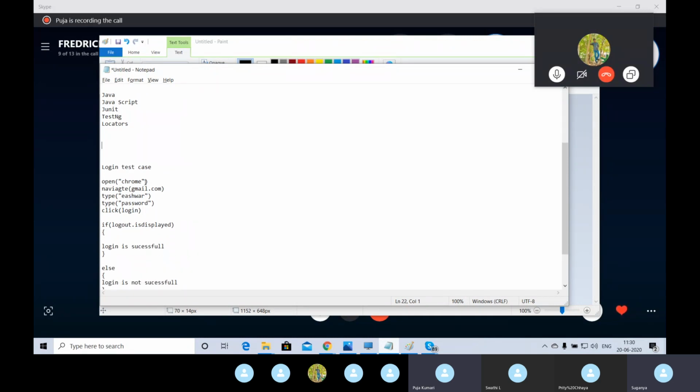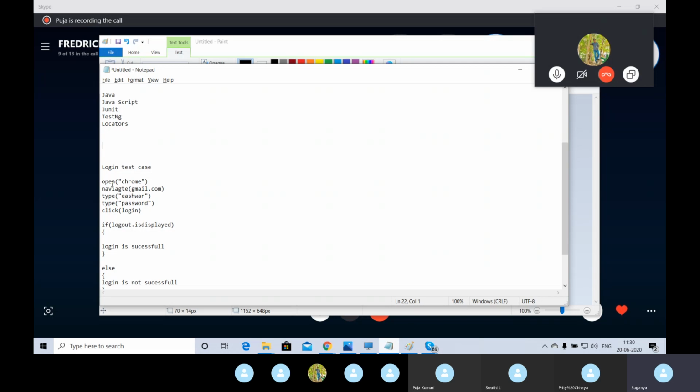Correct. So again, let me consider this test case. I have created a method: open Chrome, navigate to gmail.com, type Ishwar as data, type password as data, click login. If I execute this test case, it will open Chrome and navigate to gmail.com.